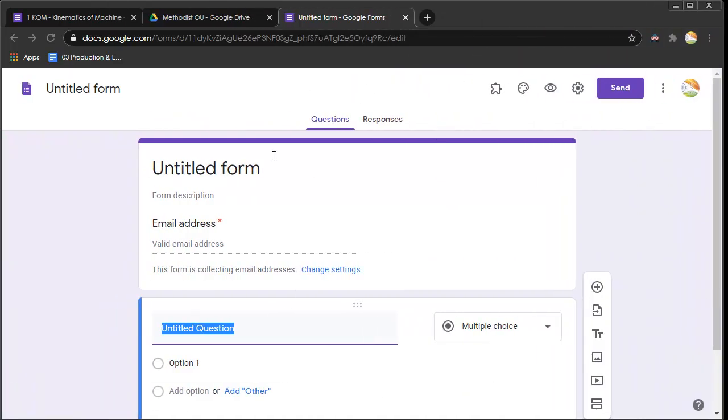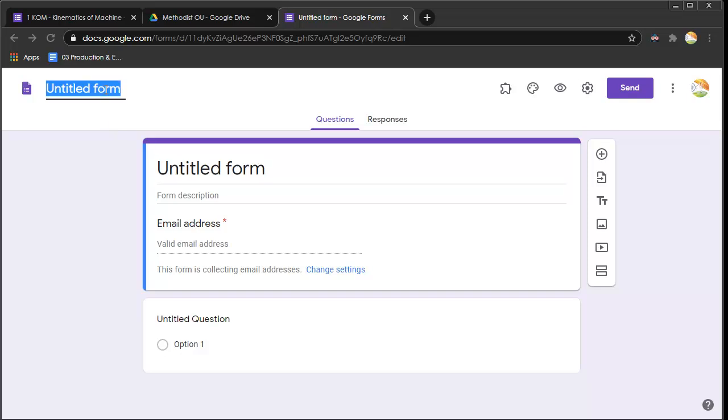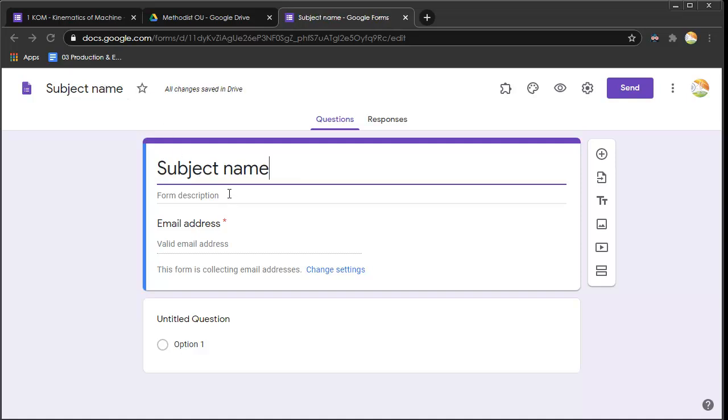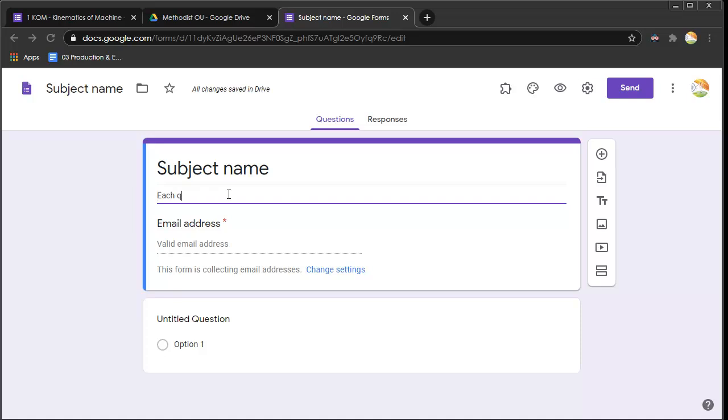So the first few details are going to be, the first is going to be the subject name. And when we click here, the same will automatically reflect here. You can provide some description, like each question carries how many marks, and also some other details that are necessary for the quiz.